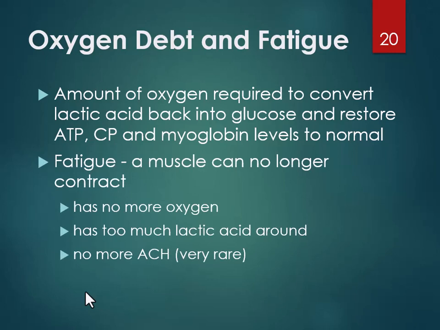There's no more oxygen, there's too much lactic acid around for contraction to happen. Sometimes you can have muscle fatigue because of a lack of ACH, but again, that is pretty rare. So basically you lie down or sit there and you breathe rapidly until